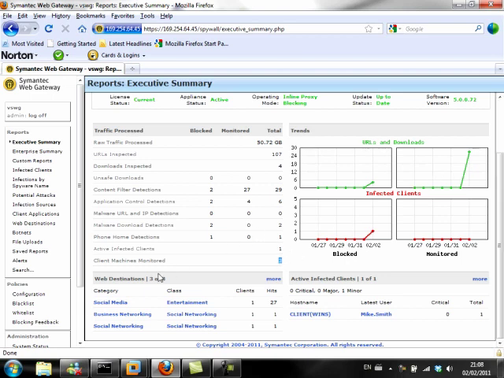In the bottom left hand corner I see the web destinations, just a summary, and I can see the top 3 categories and types of sites my users have been trying to access, and then on the right hand side we can see any active infected clients in the network, and it shows the one infected client we currently have. On the enterprise summary,